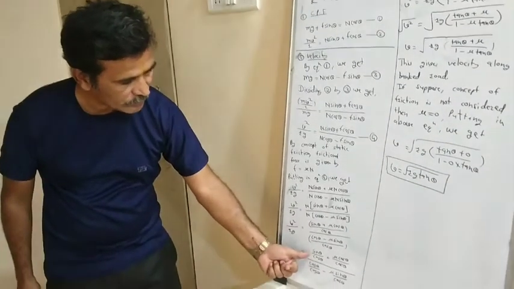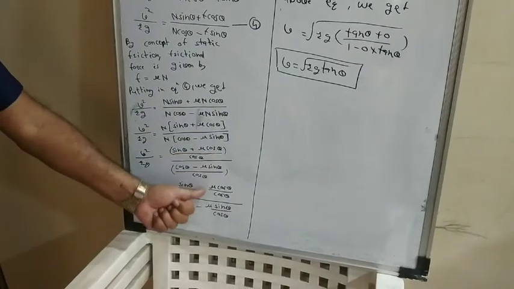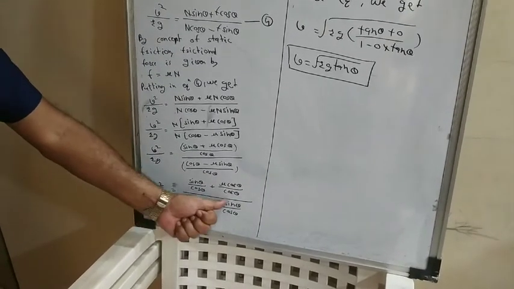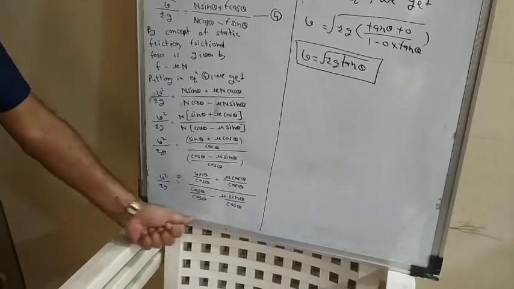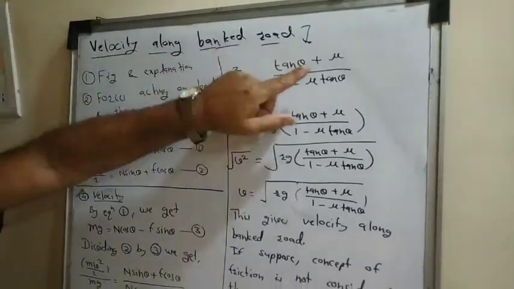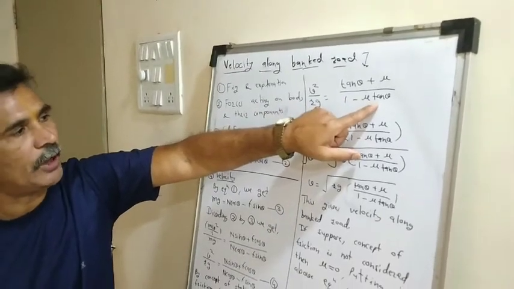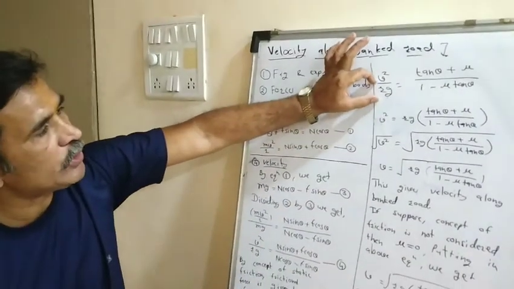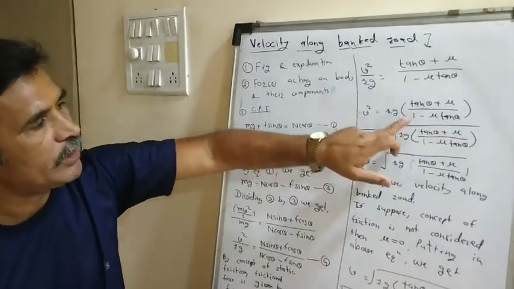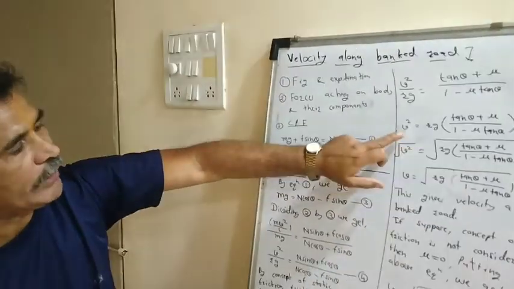So we get sin upon cos. We can divide each term by this cos theta: sin upon cos plus mu cos theta upon cos theta, whole divided by, now the denominator, cos theta upon cos theta minus mu sin theta upon cos theta. So here, because of this, we get changes. v square upon rg as it is, sin upon cos is tan theta plus mu, cos upon cos cancels. So in the denominator we get cos upon cos 1 minus mu tan theta. So we get v square is equal to, this term r into g is multiplied on the other side, so rg in the bracket tan theta plus mu divided by 1 minus mu tan theta. We want to find out the value of v. So how to find out v?